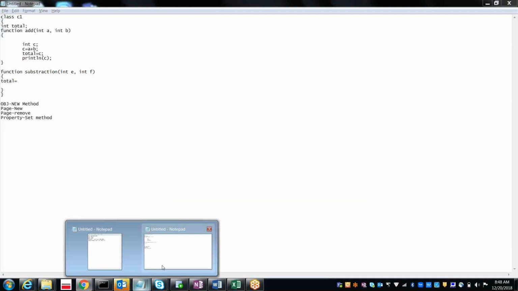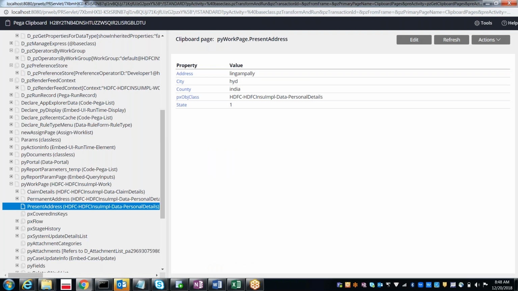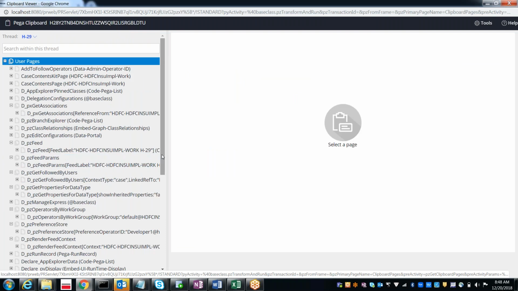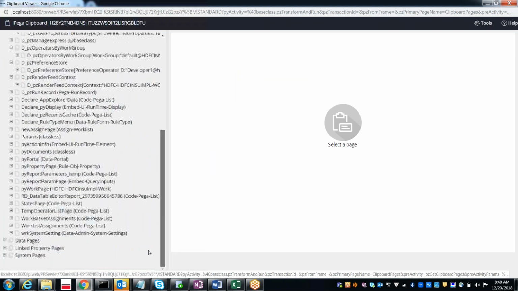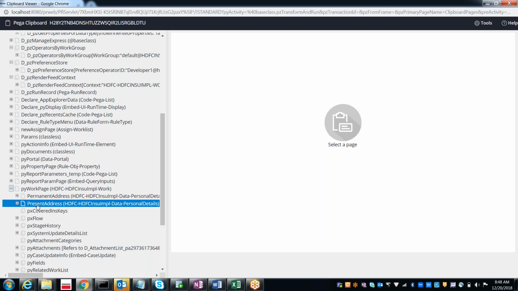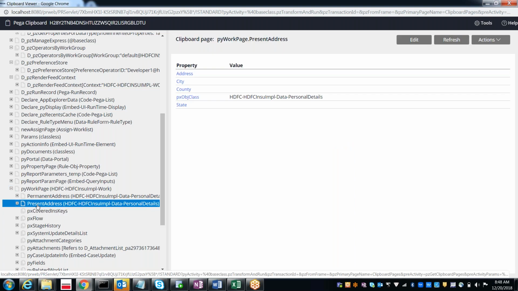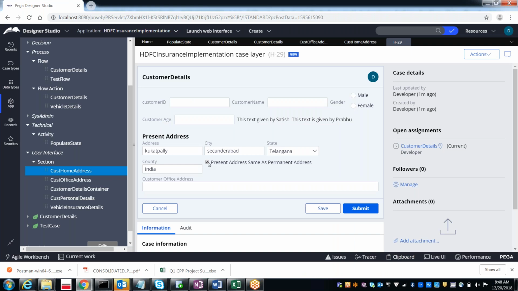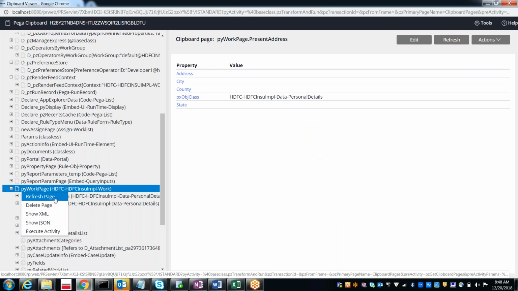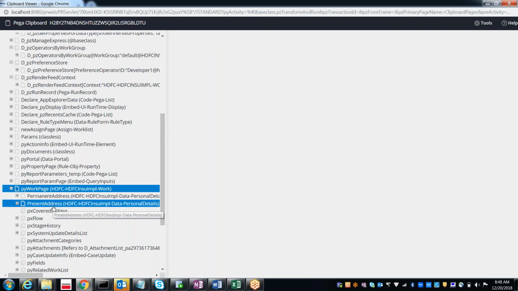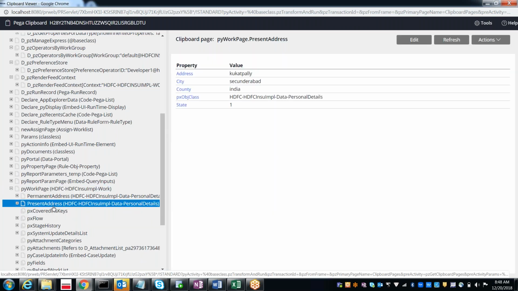it will not have the values, right? Immediately when you type the values, you will not see the values on the clipboard, on the py work page, on the present address. See, it's not having them. Let me select this checkbox now. After selecting the checkbox, refresh this page again. Now we got it. Correct.